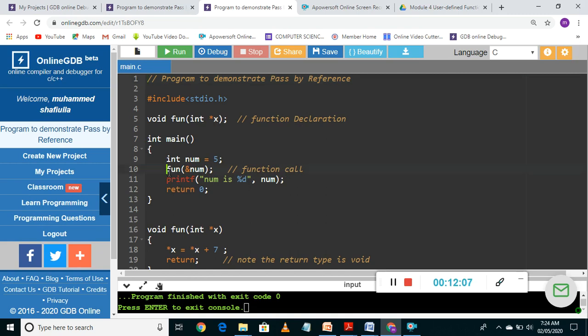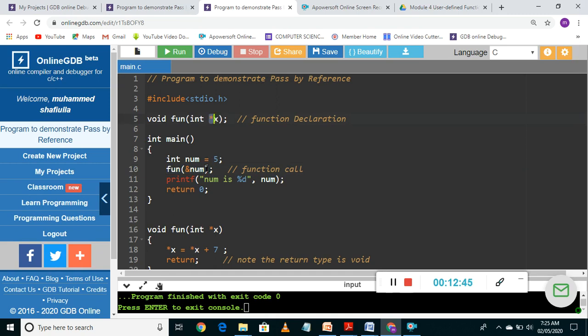So always remember, when you invoke a function, you should prefix the ampersand address operator to that variable. Your actual parameter should have the ampersand. Only the function call is the place where we have the ampersand. So who is going to take those addresses? The formal parameters, right? So the formal parameter should have the indirection operator. The only place where I use the address operator is in the function call. So the corresponding formal parameter should be with the indirection operator.